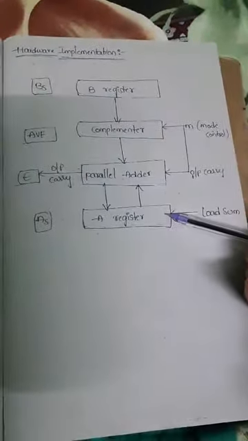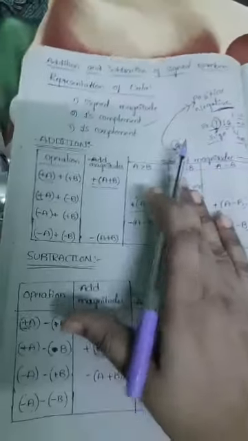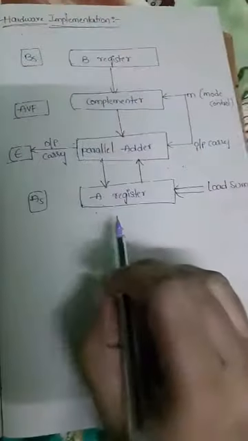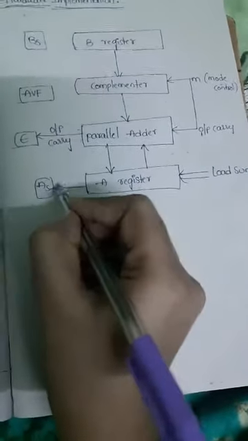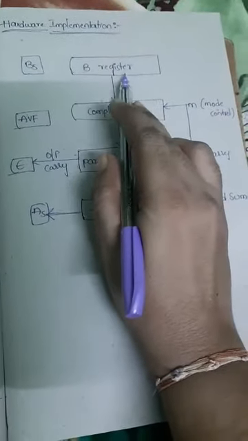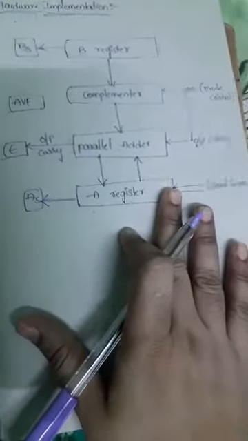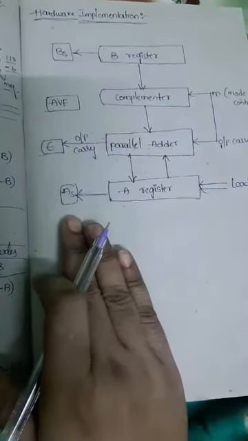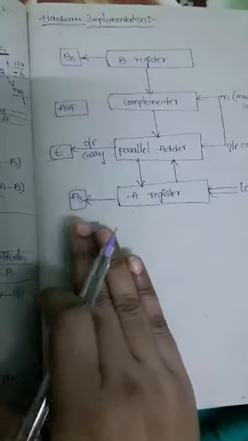So why are we choosing two registers here? Actually, we are doing addition and subtraction operations, no? So for that we have already taken two numbers, that may be the A and B numbers, right? For the two numbers I have taken two registers. The first number is stored in the A register, and its sign is represented by AS. The second number will be stored in the B register, and its sign is represented by BS. Here AS is nothing but a flip-flop,